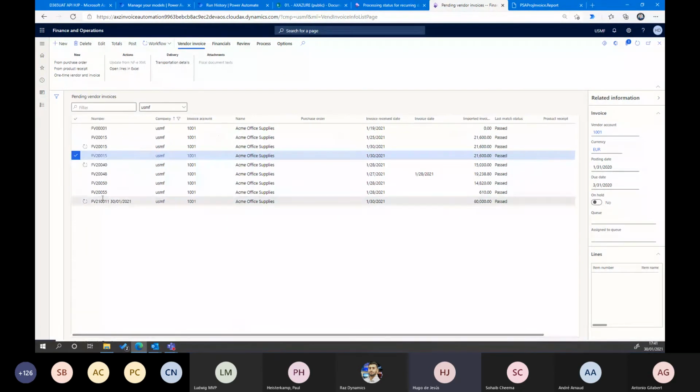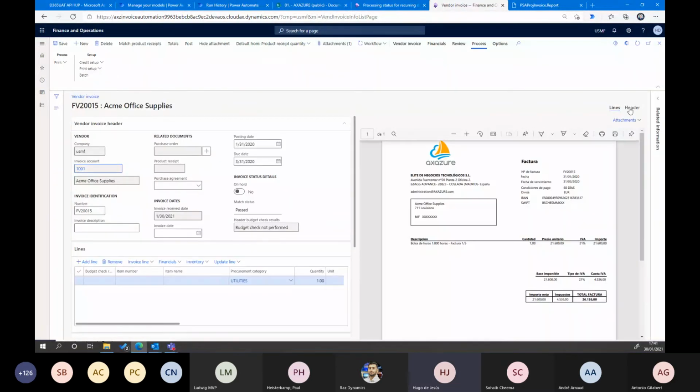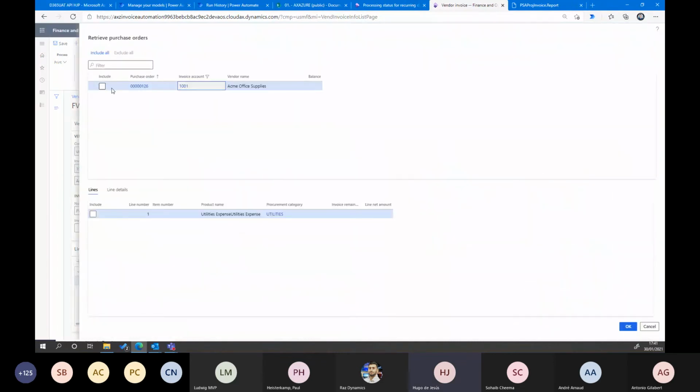But now we can edit and delete all the invoices because you don't have any automation here right now. Okay. And as Antonio said, you can go here, and in the header you can include all the purchase orders related to this invoice. Of course, if the physical invoice includes the purchase order information, you can put this directly in the entities.